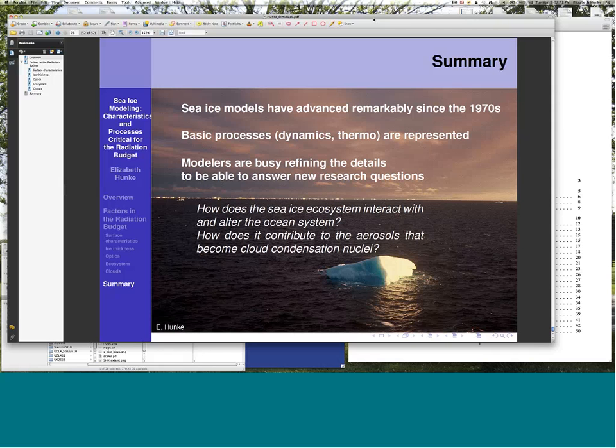And then the full biogeochemistry, the full vertical biogeochemistry that I showed toward the end, that's still in development right now, and we'll be testing it in some local standalone sea ice configurations, but it should be ready to start being used in coupled models, I would say, within the next year or so. So we are getting pretty close with that.